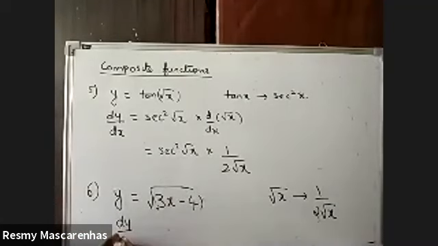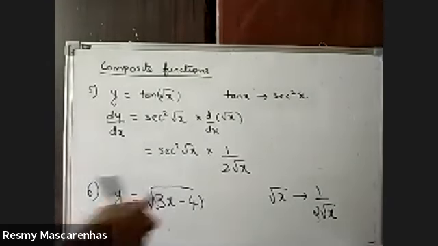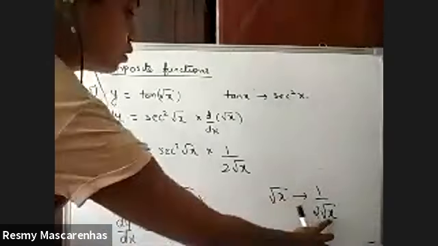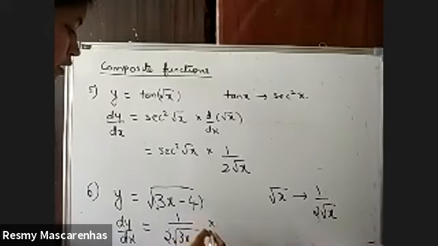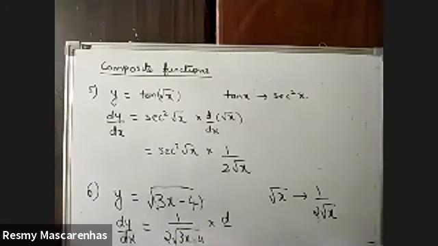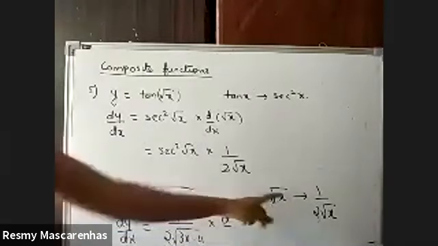So what will be the answer? Dy by dx will be equal to, root of something is what? 1 upon 2 root something. So whatever it is, just 1 upon 2 root this, into, because this was not a plain x,